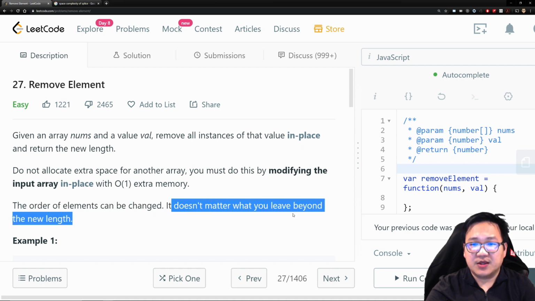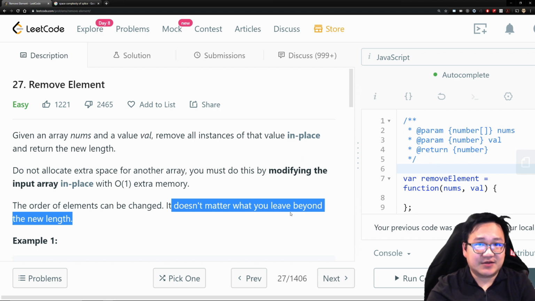Sometimes when you read these questions, you have to ask yourself, why do they even bother giving me these extra tips, right? Or if you're going through the interview, why do they even bother to tell me these little extra hints? Now, you can only run into one of two cases. One case is the interviewer can be really a punk and just throw you off because he's having a really terrible day. Or with the benefit of the doubt, they're trying to give you a hint to solve the problem, right? So when we're looking at this problem, before we code, we have to ask ourselves,